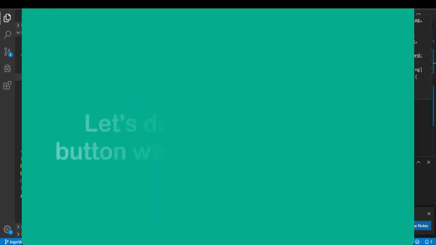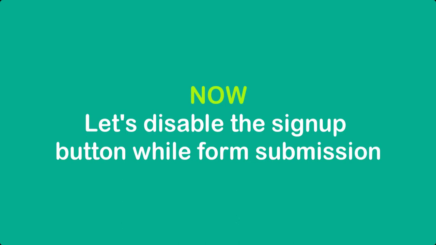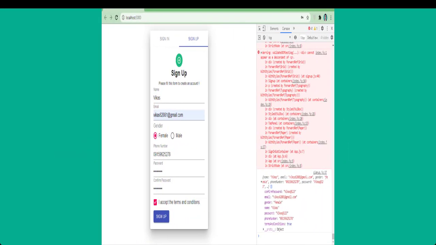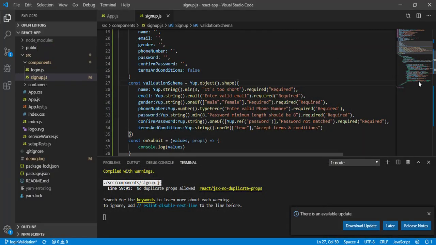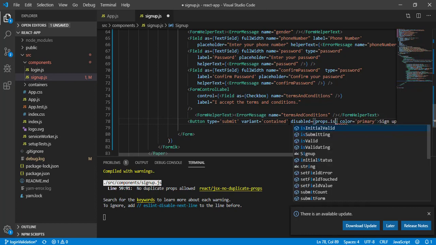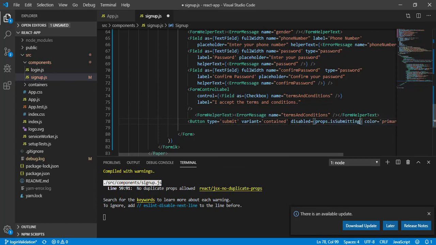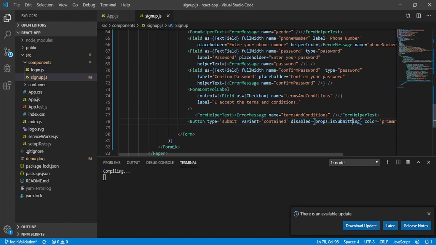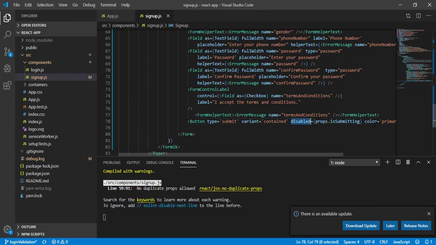Okay guys, now what we will do is change this text and disable this button on click of submit. So what we will say here is disabled, and props dot isSubmitting. Once this value is true, please disable this form.